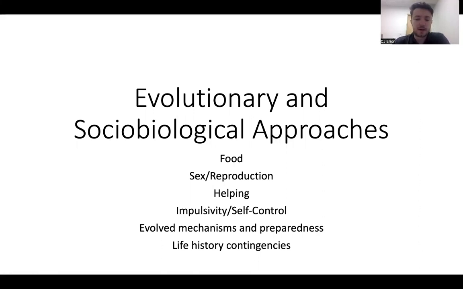And so in this video, first I'll start with a general quick overview, and then we'll get into how this applies to food selection, and additionally from this theory, how it explains various sex and reproduction behaviors. And then that will be the end of this video. So I'm going to split it into a couple parts.